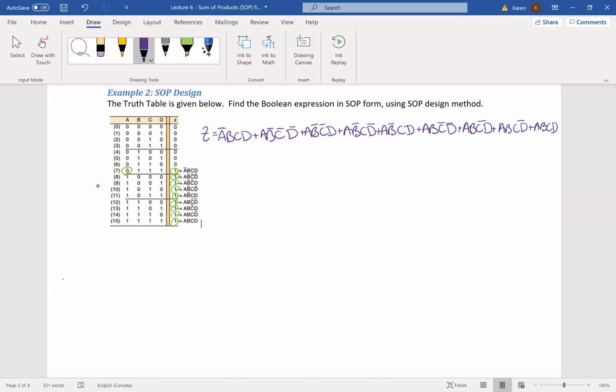So our final step is to simplify this. Do you want to build this expression? This is a massive expression. I don't want to build this expression. Let's see if we can make this into a smaller expression. So the first thing we want to recognize is that we can factor out